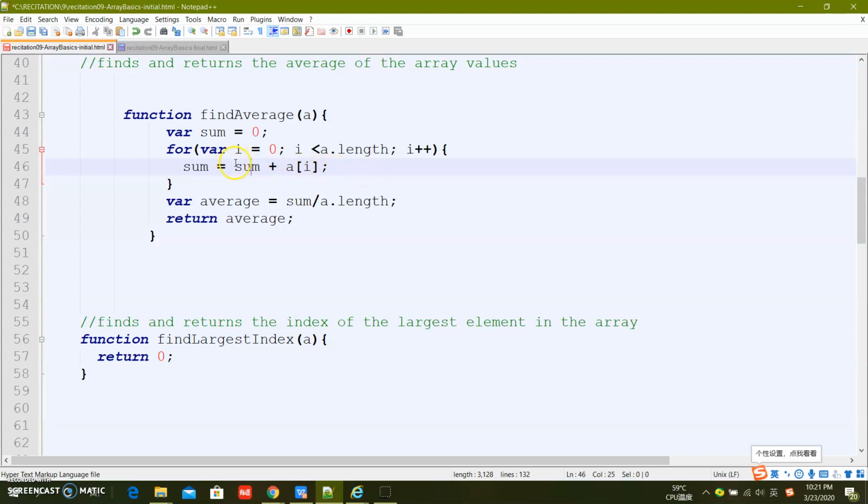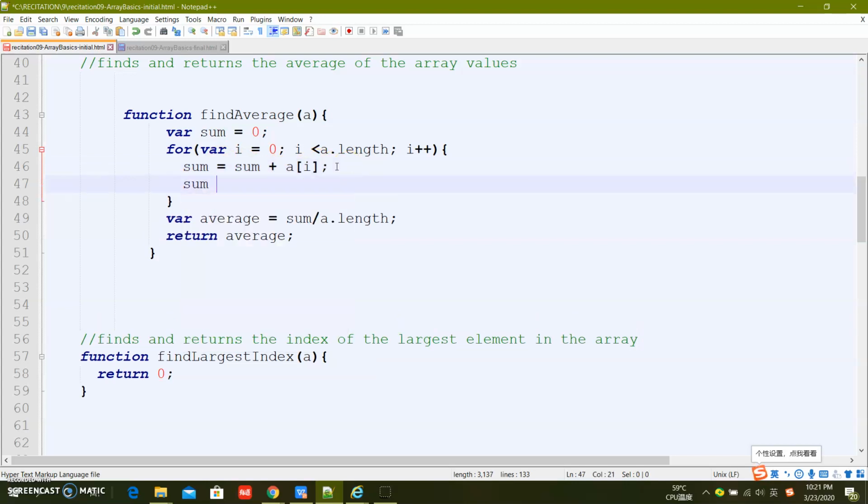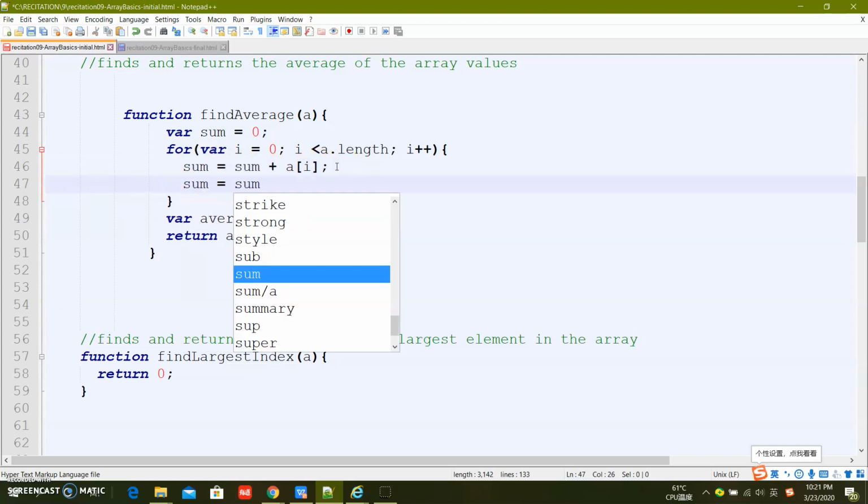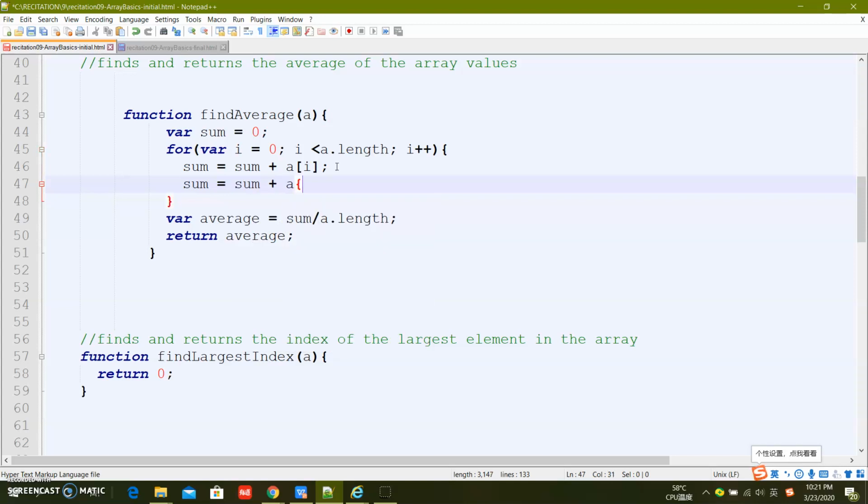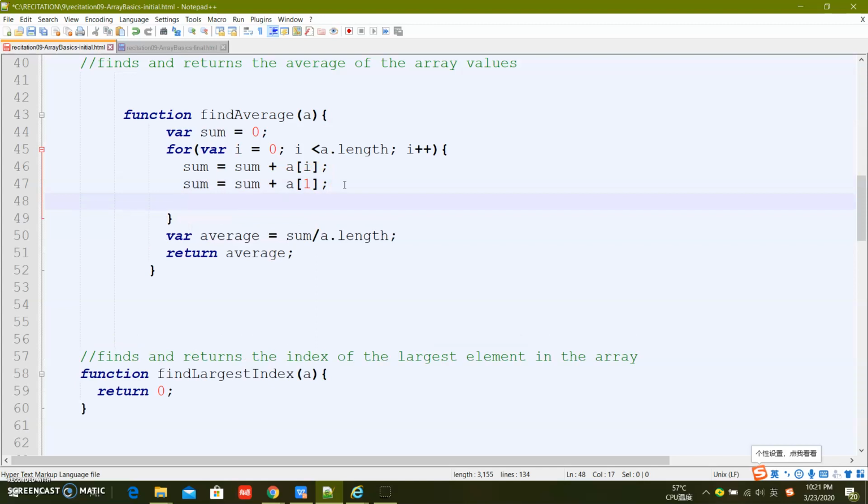So maybe for the first iteration, the sum right here is going to be sum equals 0 plus a0, right? But for the next iteration, the thing right here is actually going to be sum equals sum plus a1, right? So this is for the second iteration. And for the next one, sum equals sum plus